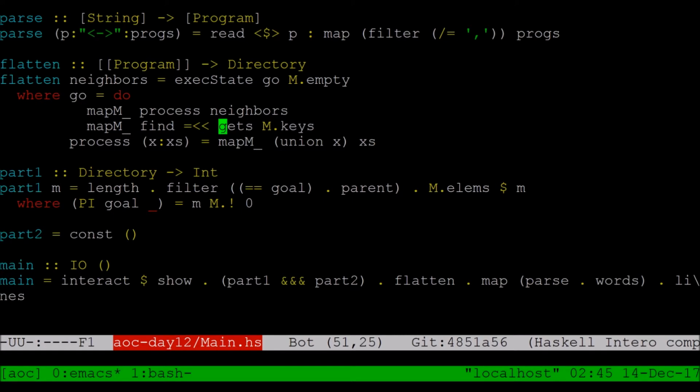It's not necessarily the most elegant thing in the world, but it works. And then part 1 can just look up the direct parent of each node and be guaranteed that that's always actually its characteristic root value. And of course, main is pretty boring. Okay, great. So first of all,